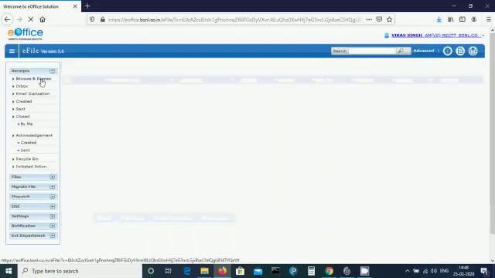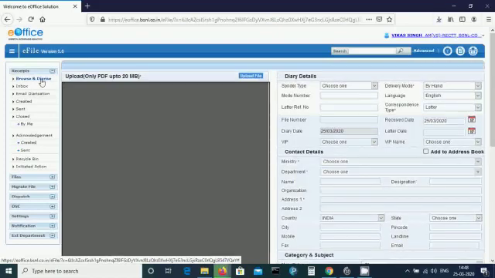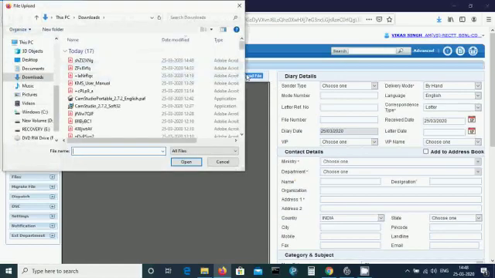It is used to generate a receipt which can be either physical or electronic. In electronic document or letter diarization, the document or letter must be scanned as a single PDF. Click the Upload File button. The File Upload dialog box appears. Select the desired scanned PDF document, but make sure that it is not more than 20 MB, and click the Open button.